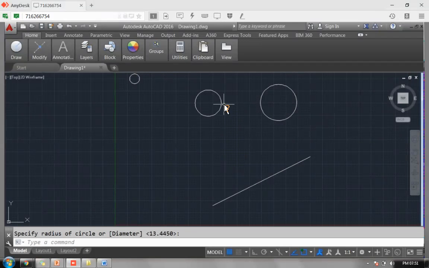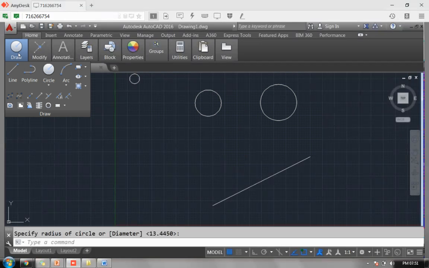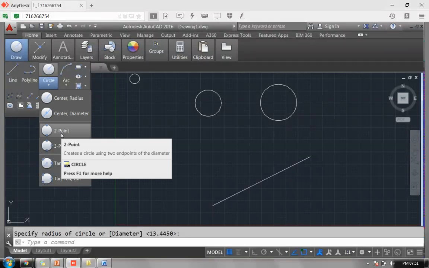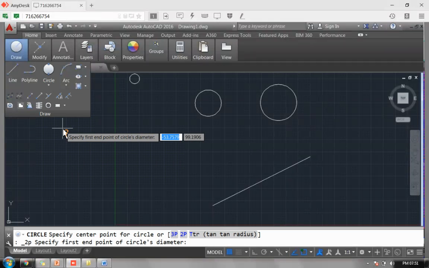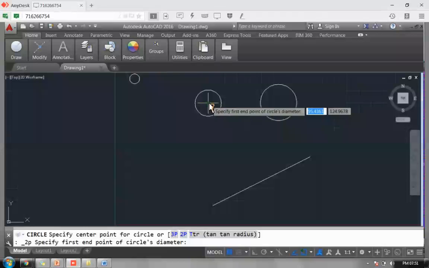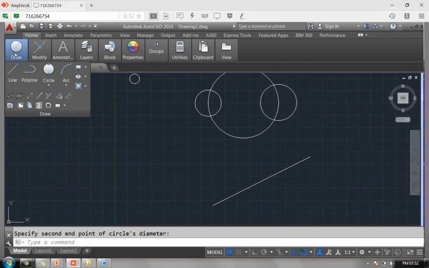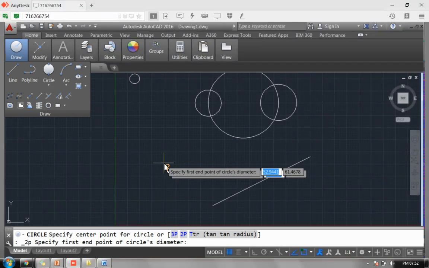Fine. Now I want to draw a circle touching both of these. So normally I go to this, I choose circle, then there is the 2 point option, touching the circles. So I click on this. It automatically selects my first coordinate and second coordinate, so it draws a circle here. Fine. Now what is the three point concept here? In this we'll be drawing another circle touching three points. So this is my first circle.